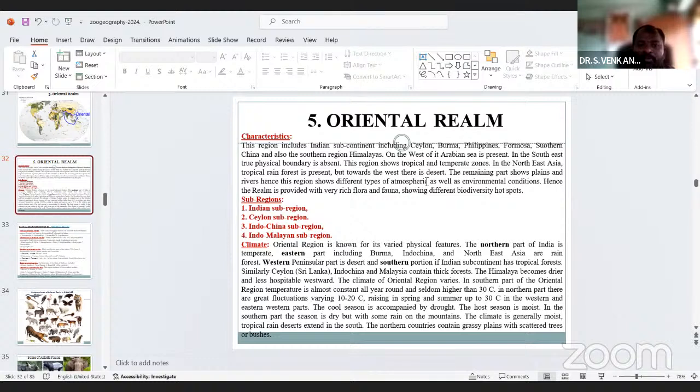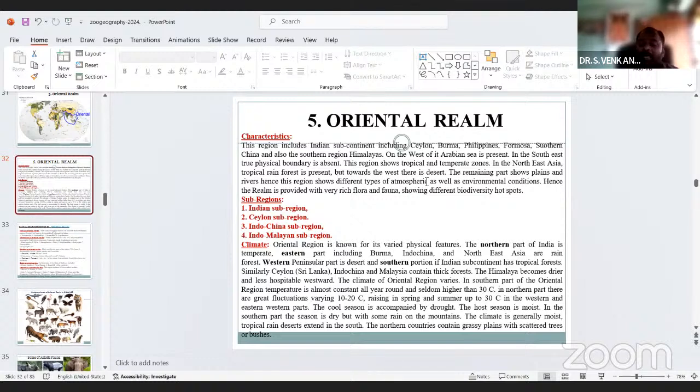Hence the realm is provided with very rich flora and fauna, with biodiversity hotspots. The Oriental region is divided into four subregions: the Indian subregion, Ceylon subregion, Indo-China subregion, and Indo-Malayan subregion.